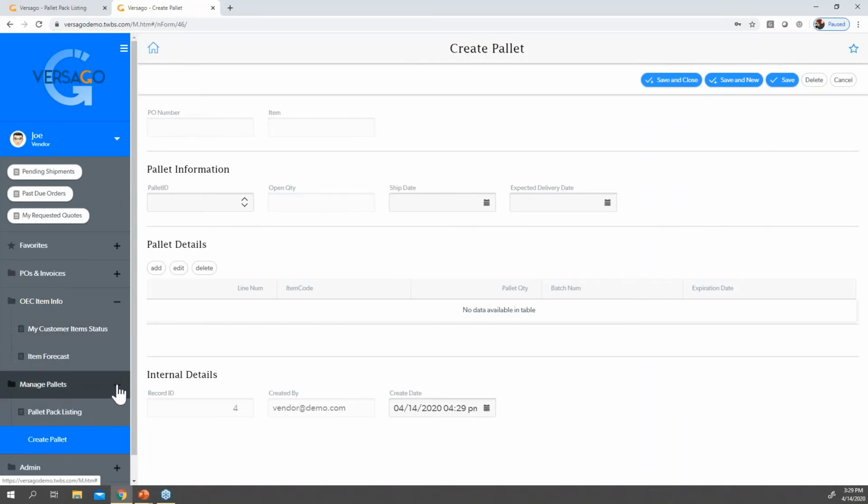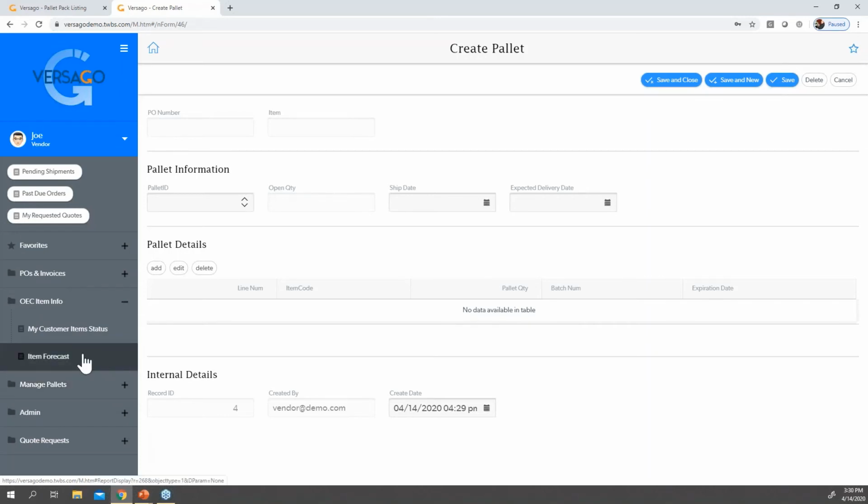So again, what we're trying to do is eliminate those unnecessary touches, because right now, the faster we can keep goods moving, the fewer touches, the less manual data entry, the less information stuck in email waiting for somebody to action, the faster we can respond, and probably the more efficient and the more profitable we're going to be through this downturn, by enabling these Versago features in order to keep things moving.